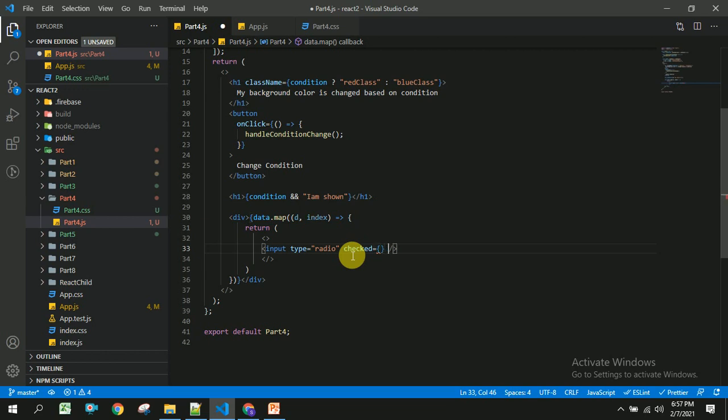This is the checked property, and this is the onChange method. I am going to create this method.